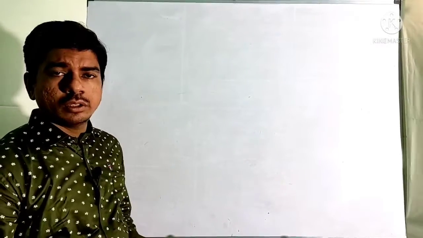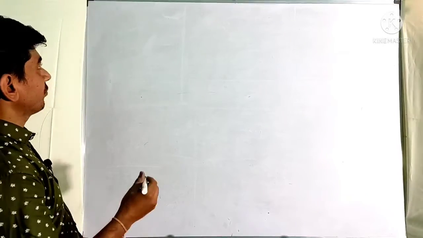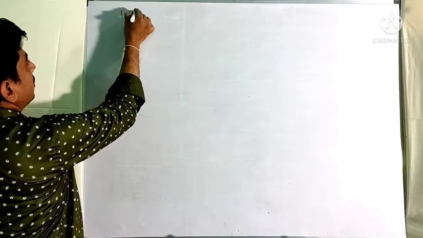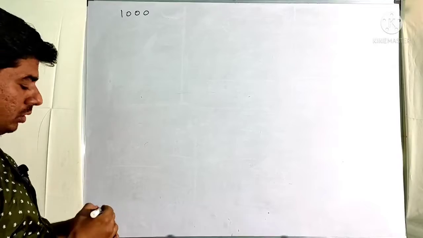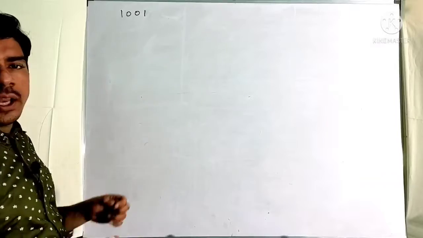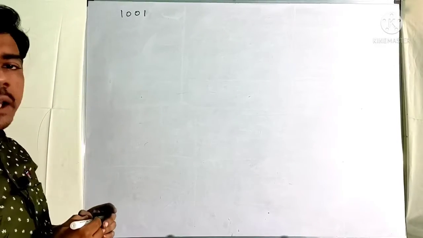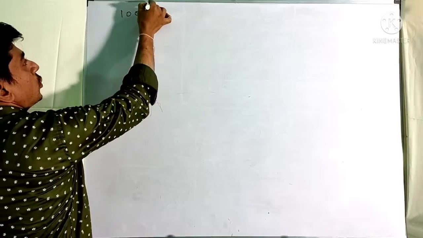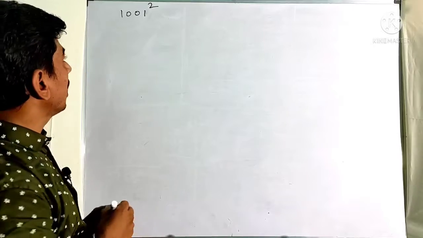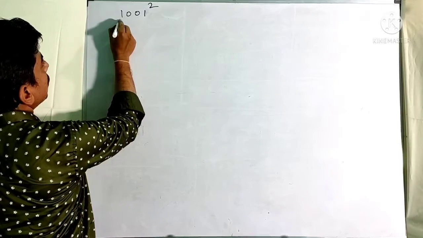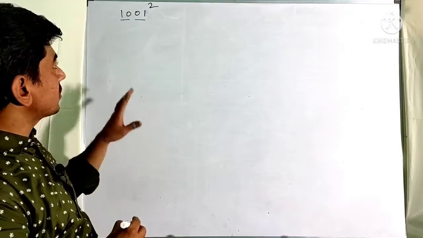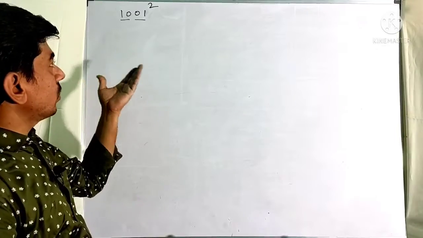Friends, let us start with a 4-digit number. Again, the first 4-digit number or the smallest 4-digit number is 1 followed with 3 zeros. You need not calculate this, so I am taking 1001 as the first number for understanding the method. Here also we are going to apply the same principle. What we are going to do? We are just dividing the number. Here we can divide into two parts, 10 and 1, because it consists of 4 digits, therefore the division will be two parts.